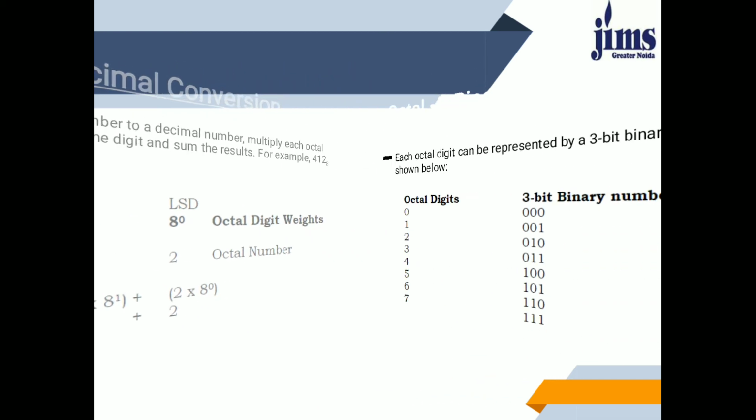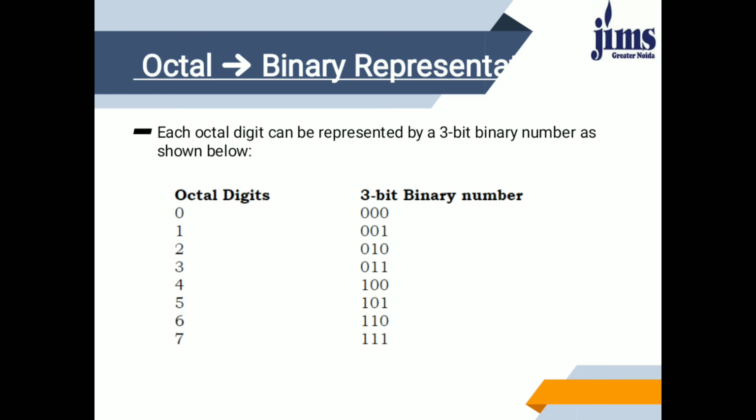Now, what happened if we wanted to convert octal number directly into binary? Then we can represent this way. In decimal number, likewise in binary, each and every number is defined by 4 bits, means set of 4 bits. But in octal, each and every number is defined by a set of 3 bits. So if we wanted to write directly, we can represent each number directly by mentioning their equivalent code.